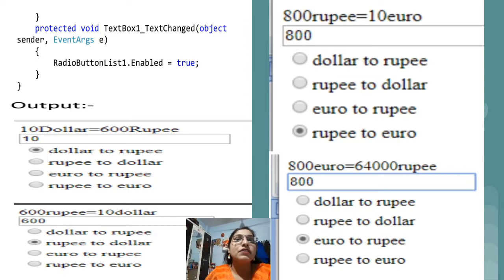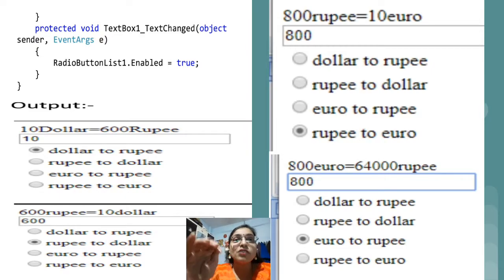So in the previous program I kept radio button list 1 dot enabled equal to false in the page load only, so that when the user changes the text, which means once you enter some value within the text box, the value of that text box is changed, and only then should the radio button list options be available to the user.